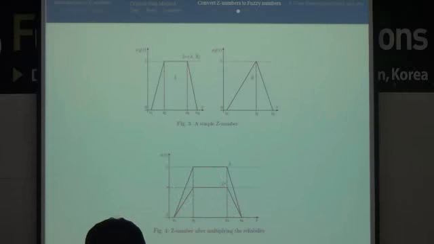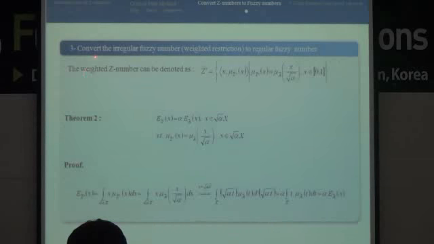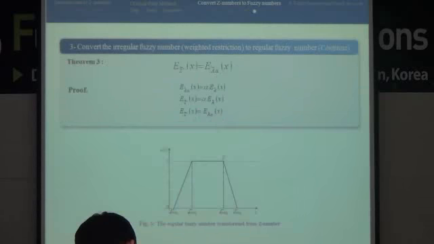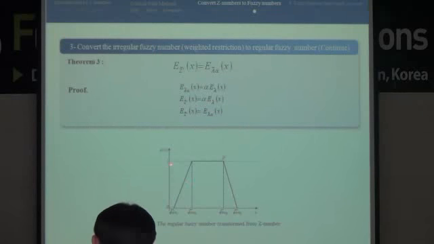After adding the weight, it will convert to this value. It's not normal because it's at the alpha level, so we can convert the irregular fuzzy number to a regular fuzzy number. We can use this value and multiply it by other values, and as you see, the previous model will be converted to a normal fuzzy number again.